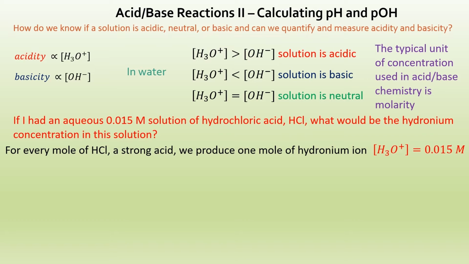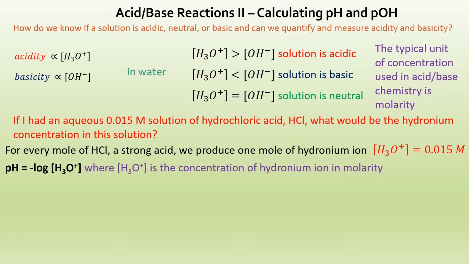Another way to quantify the concentration of hydronium ion is by calculating what is called the pH of the solution. Now, the pH is nothing more than a conversion of hydronium concentration in molarity to a logarithmic scale. Yes, we finally get to use our logarithmic math. The simple formula is pH equals minus log of [H3O+], where [H3O+] is the concentration of the hydronium ion in